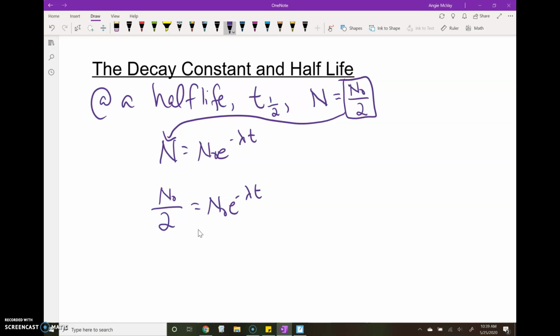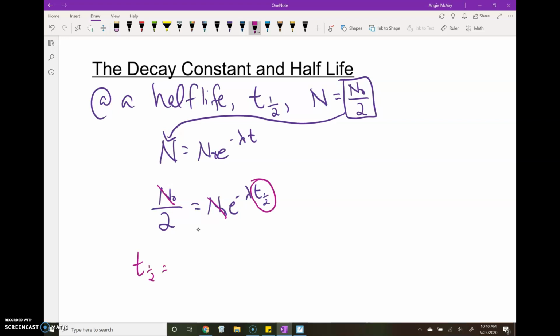And what we're trying to figure out here is what is the half-life? How long is a half-life for a specific nucleus? And so, this t, right, if the original number of nuclei is divided by 2, this t is T1/2, and we need to work on solving that. So here we've got these N naughts cancel, okay, and solving for T1/2 up here, we get